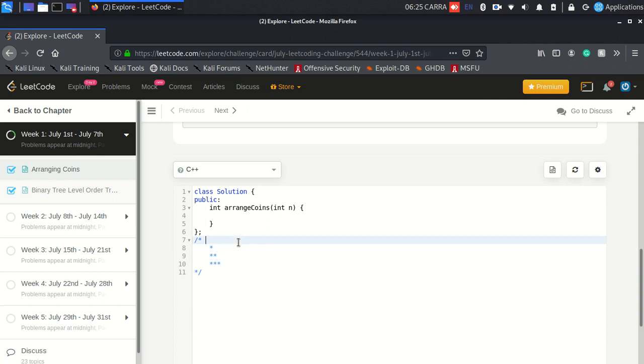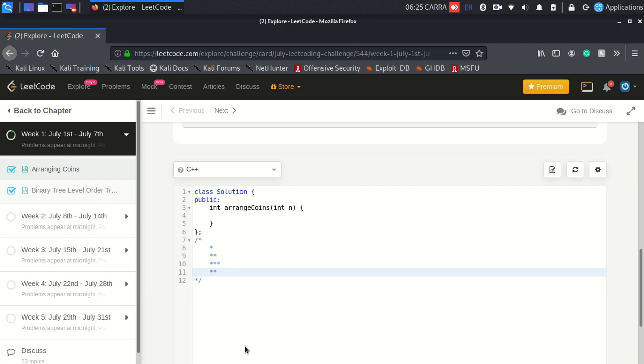So I'm left with 2 more coins, correct? Because I have used 6 coins and I had a total of 8 coins, and I need to use every one of them. So in the 4th row, the complete row should have consisted of 4 coins, but since I have 2 coins left, I'll have just 2 coins in the 4th row. So this is the arrangement that I can make.